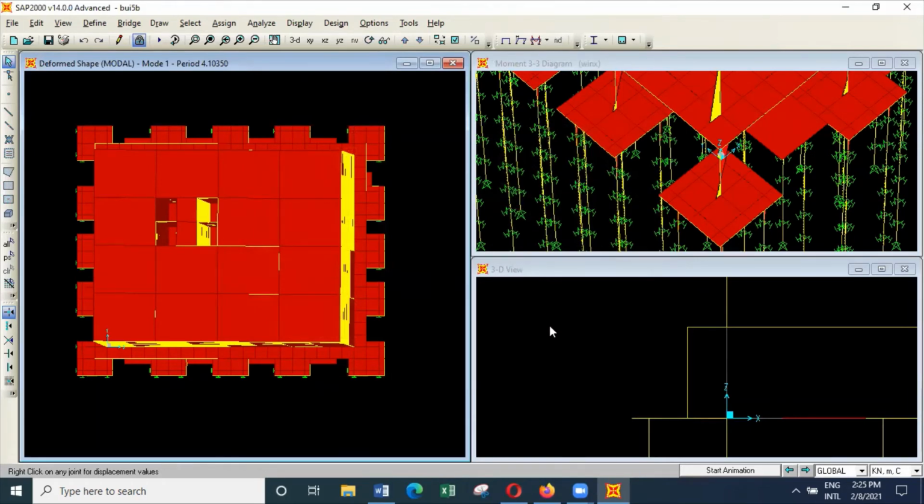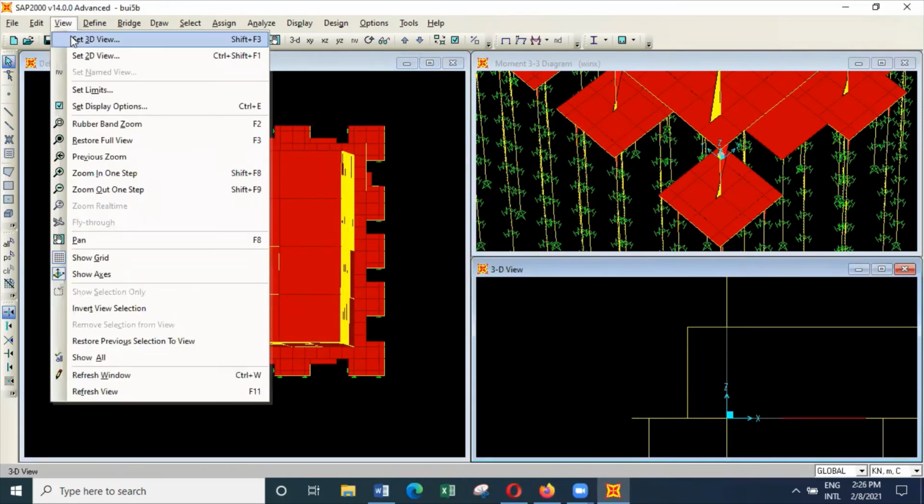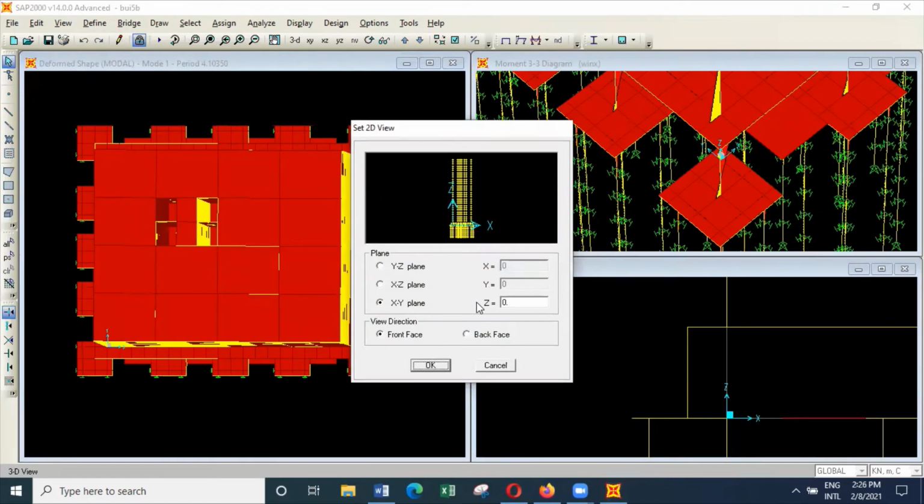And the structure is analyzed. And then we can view 2D in that plane